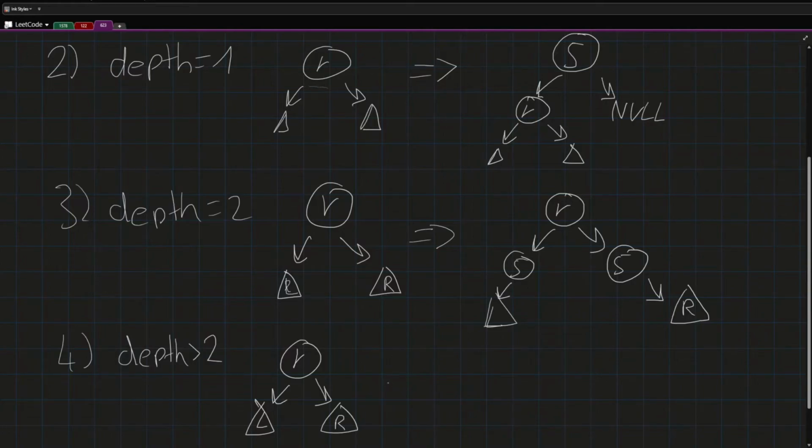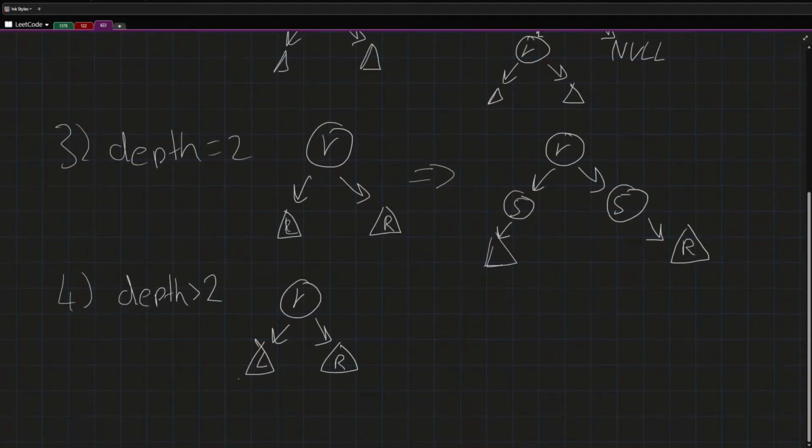So basically we can go into the left subtree and replace it. So we keep our root, and as the left subtree, we recursively call our function that is called add one row. And we call it on the original left subtree